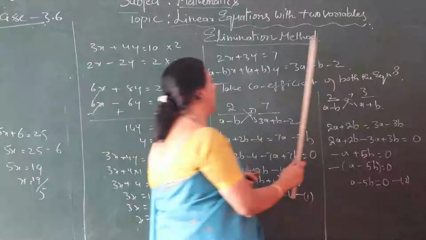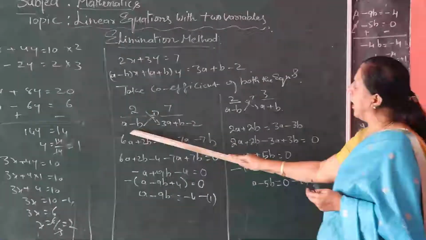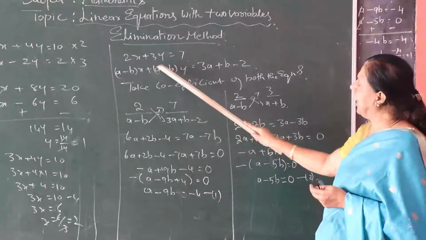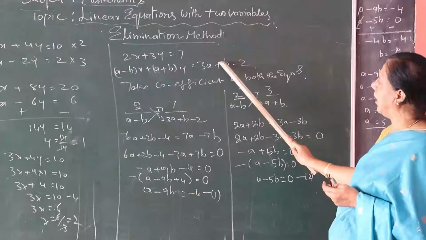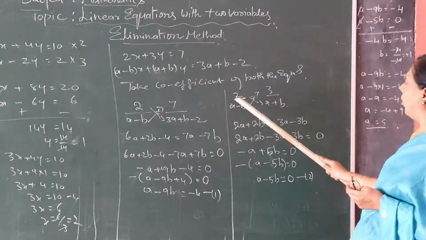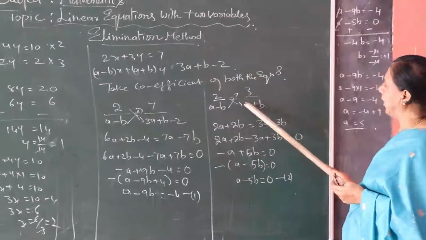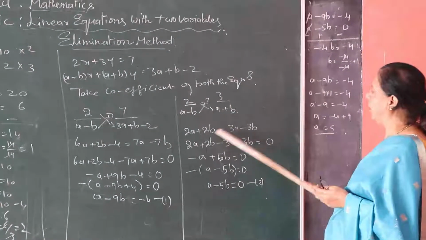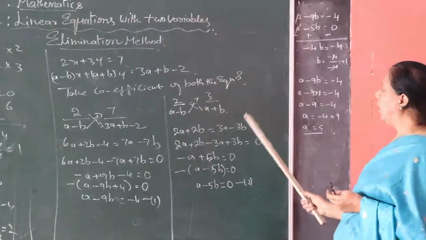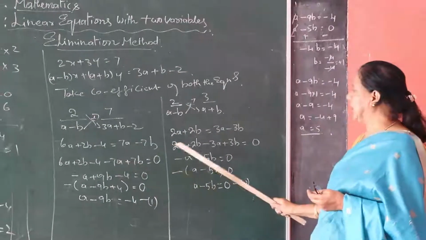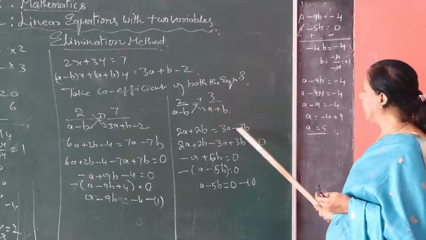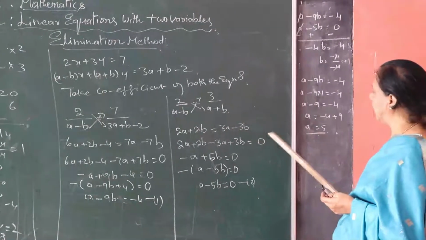This is equation number 1. Once again, another one. Once again, 2 by a minus b as it is, equal to 3, the coefficient of y, 3 by a plus b. Once you have taken the first term for the right hand side, now the second term you have taken for the y. So now cross multiplication: 2 into a, 2a, plus 2 into b, 2b, is equal to 3 into a, 3a, minus 3 into b, 3b. So RHS transfer to LHS, 2a plus 2b as it is, plus 3a becomes minus, plus 3b, and the right hand side becomes 0.